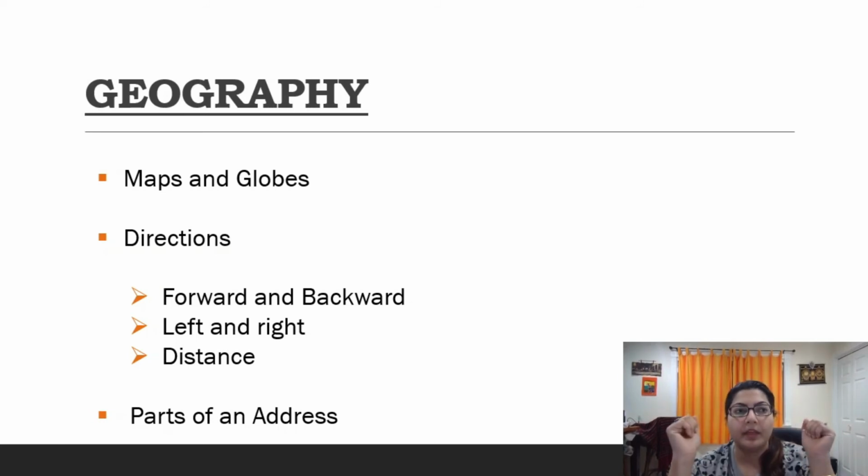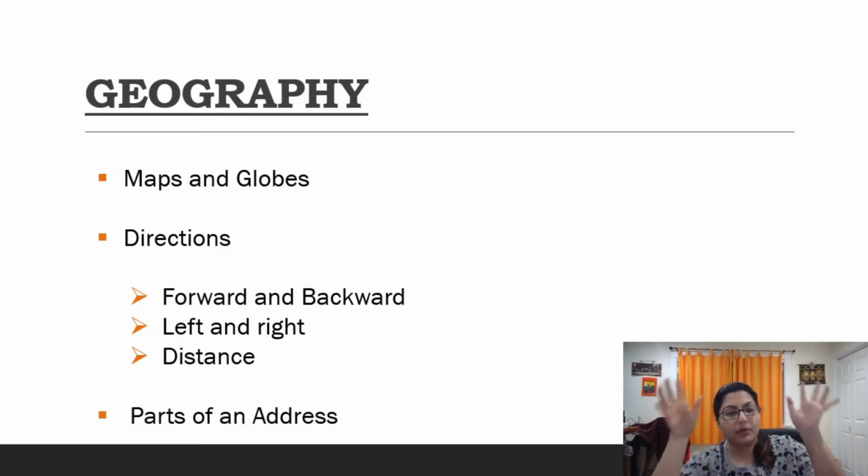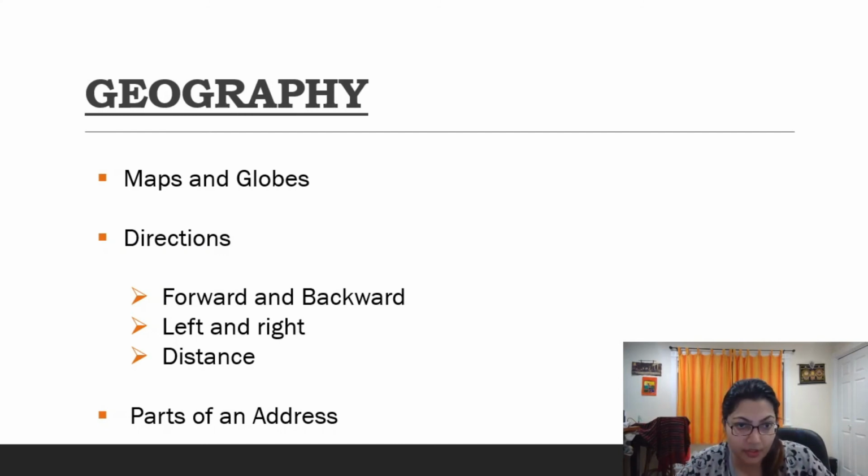Kids often get confused about what's inside what, as it's very abstract. You see, we have the universe, and inside the universe we have a solar system. Our solar system has the Milky Way, and inside that we have the earth. So for parts of the address, instead of just starting with the address, I would first start with that, how things overlap, and then where my house number is. That first gives you an idea of why an address is important, a prelude for telling them why an address is important.